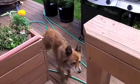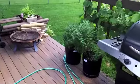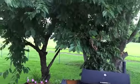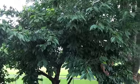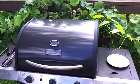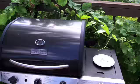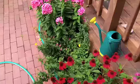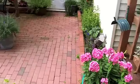And that's Rascal. He's on the bottom deck. It's my son Smoker. A cherry tree. Currently, my lunch is cooking there. In the grapevines. It's the patio